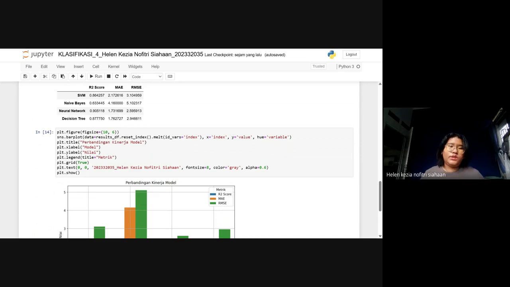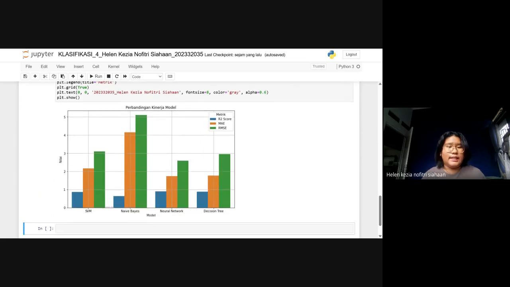Then the title will be perbandingan kinerja model with the x label model, y label nilai, and for the legend we're using title metric. Then plt.grid will be true, I want to see the grid here. Then plt.text will print out my watermark, it is here, and the font size is 8 with color gray, and alpha is 0.6. And then show.